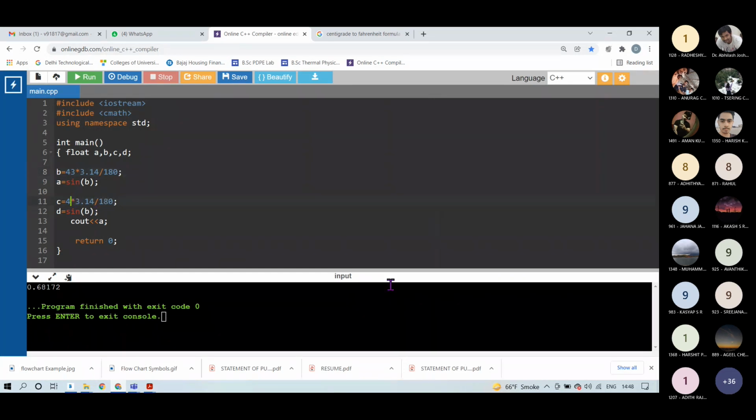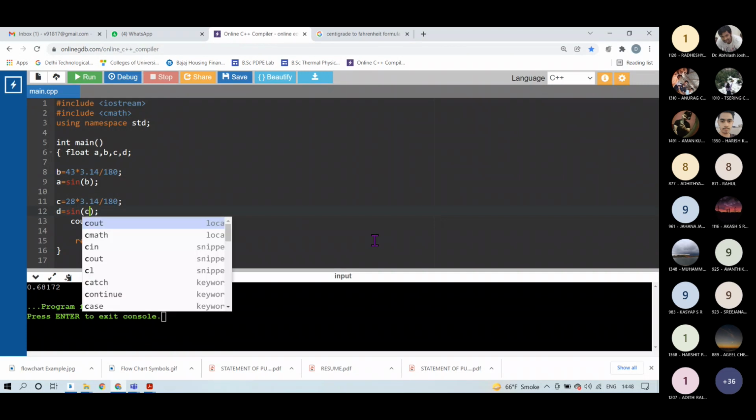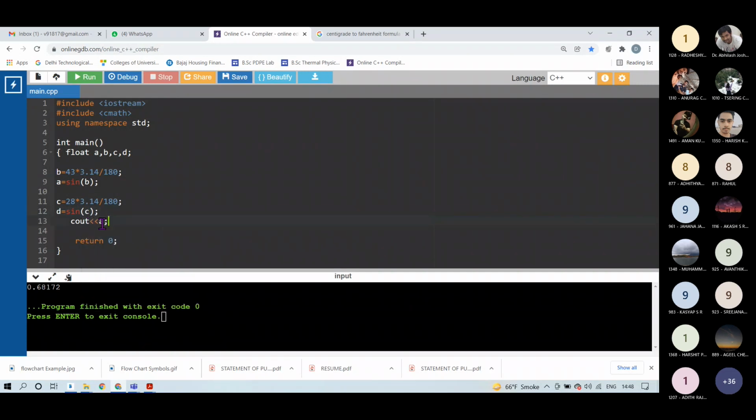In this case C is 28 and D will be equal to sine of C. I will not print the values of A and D, I will directly print the value of A divided by D.